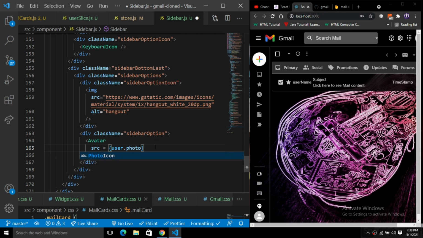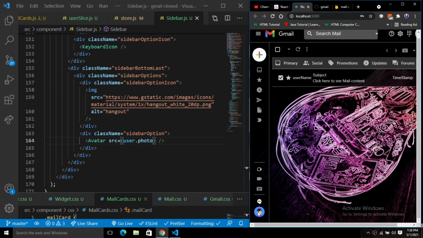Basically we have this user.photo, and when I save this, you will see the avatar will be updated with the default value of the image URL that we added in the app.js. So we have saved this, and now you can see it is working very nicely. Now we have this updated image here.